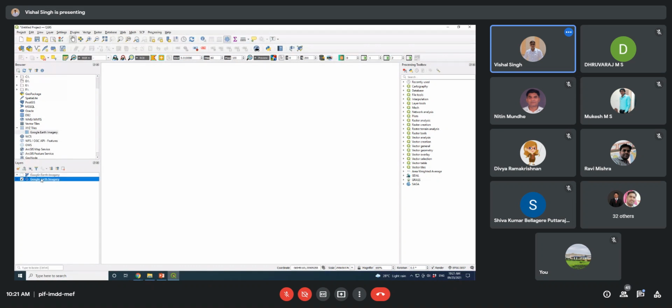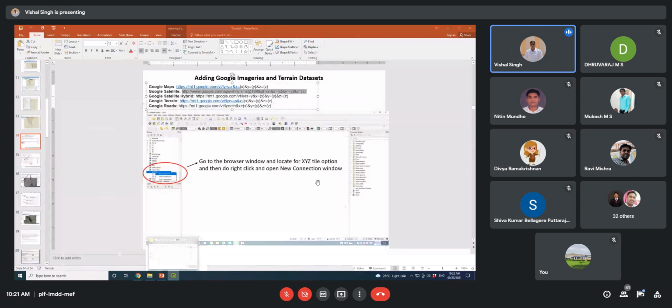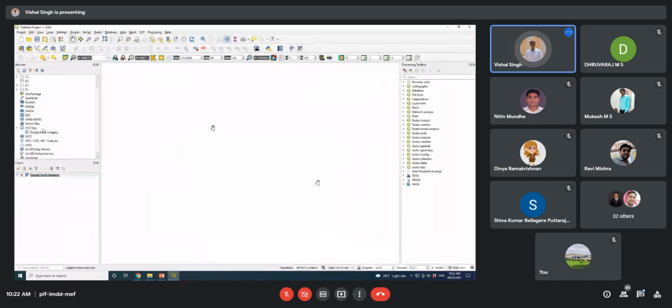I have added two times. Just remove the first layer, keep one layer. It may take some time because it will load, and I think the internet is not good here.